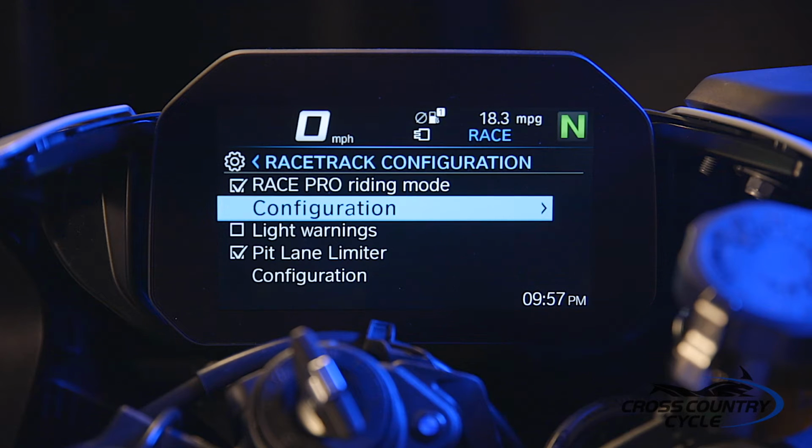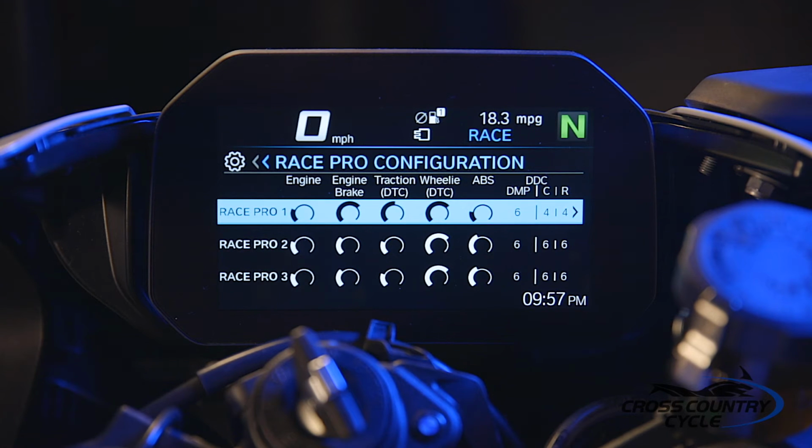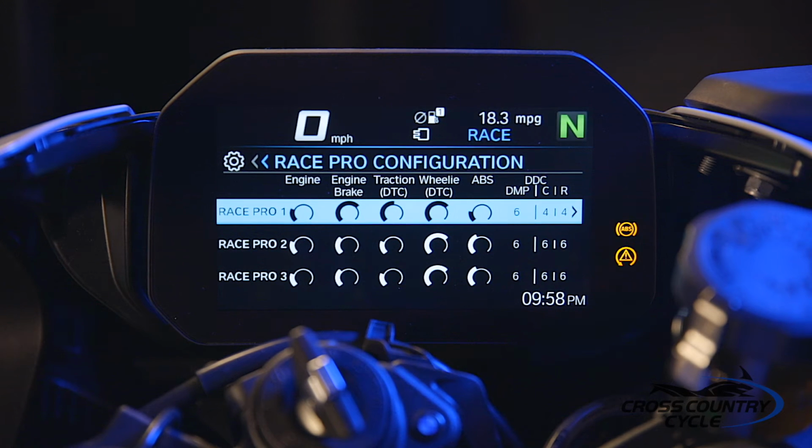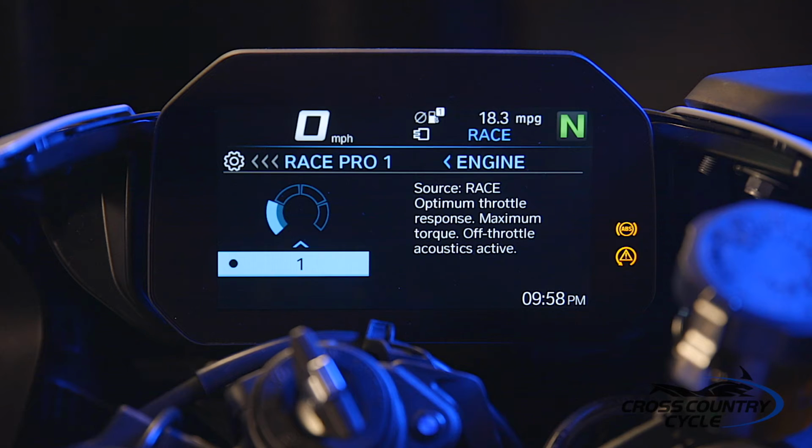We now have access to the Race Pro modes, which gives us control over the engine characteristics, engine brake, DTC or traction control, wheelie, ABS, and DDC. The Race Pro modes enable the rider to fine-tune all these characteristics at the touch of a button and a turn of the wheel. Now that we have a basic understanding of how to move about within the operating menus,